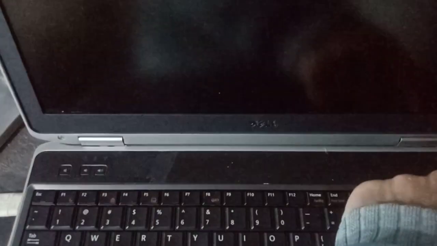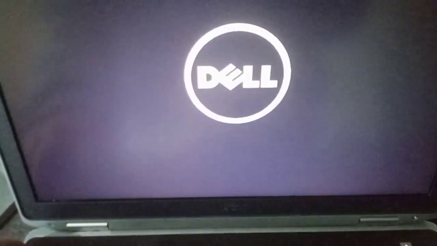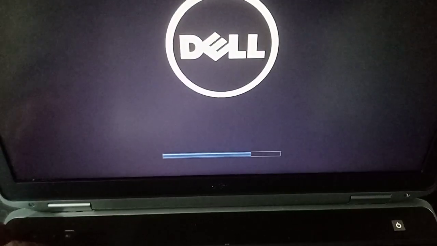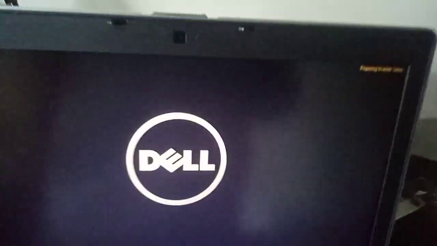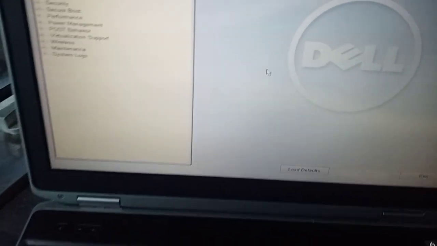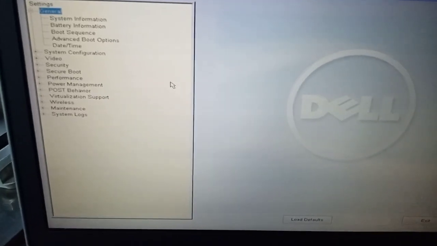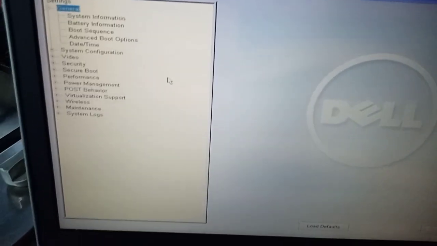Now we'll get into this. If you don't know already, when you first boot up, you have to go into your BIOS and change a couple of settings to make sure your computer will boot from a USB drive. So we're just going to go into setup. Setup might be different for yours. You're either in F2, F12, or Escape. F12 is normally boot, but anyway,